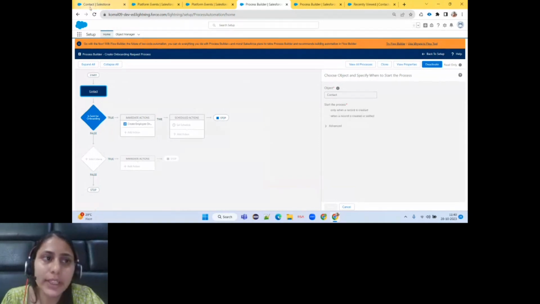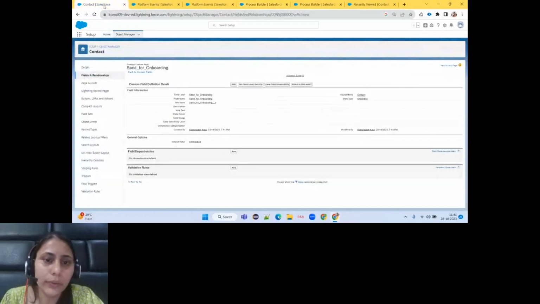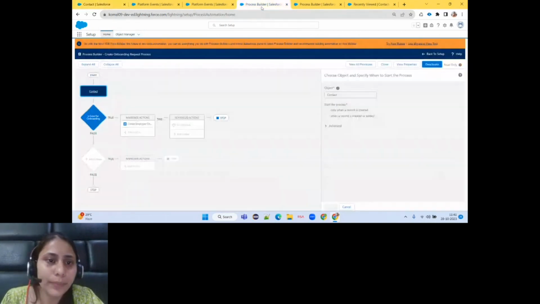As we have created one custom field in the Contact object, that is Sent for Onboarding, from here I have specified the name of the object, and then when the process should start. It will be when a record is created or edited that my event will trigger.